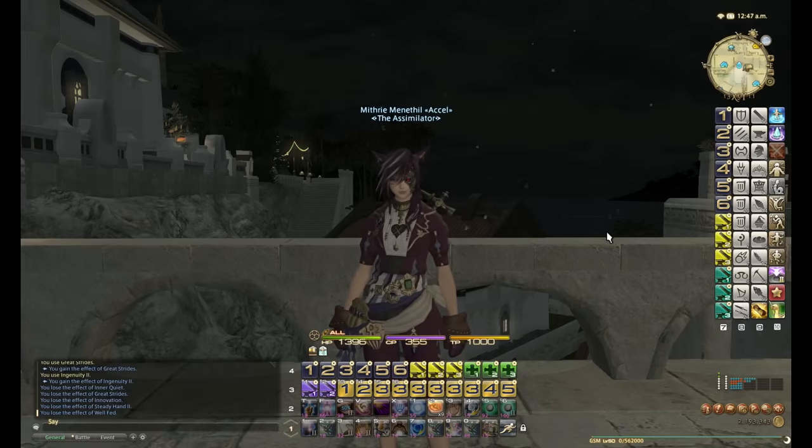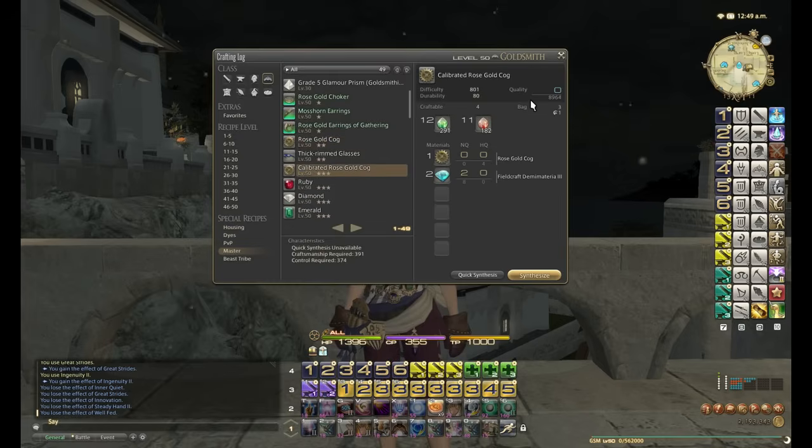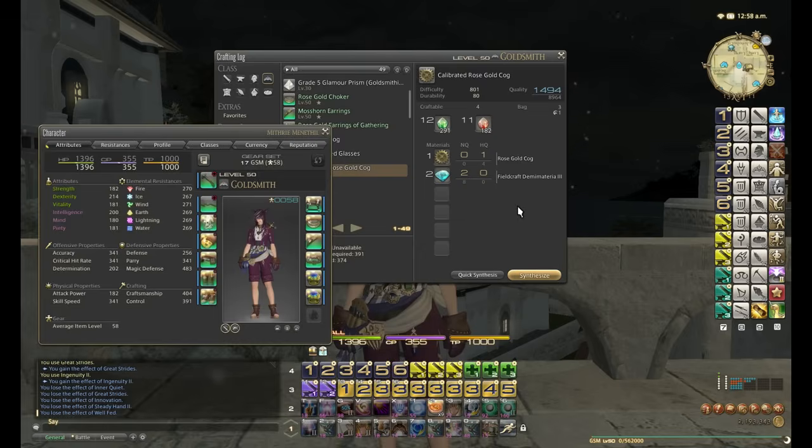So the most difficult item to craft in the game right now is the high quality versions of the 3-star items, because they require, you can see here, 8,964 quality in order to get to the high quality if you want it 100%, and also it's 801 difficulty as well. And also on top of all of that, there's no such thing as high quality Demimateria III, so you can't start with like halfway there or anything like that. You can only start 1,494 towards it,